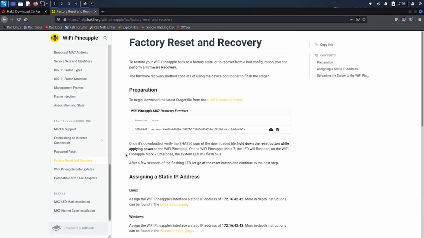Let's perform a factory reset for the Wi-Fi Pineapple Mark VII. I'm going to go ahead and follow along in Kali Linux, although the instructions here are going to be pretty much the same no matter what your operating system is. And if we come over to our computer, I'll also point out that these instructions are available in the documentation